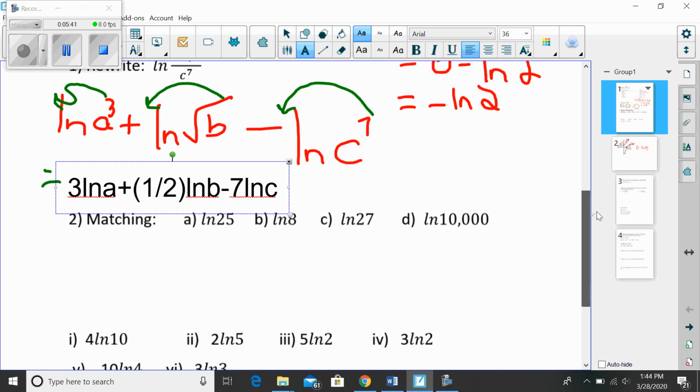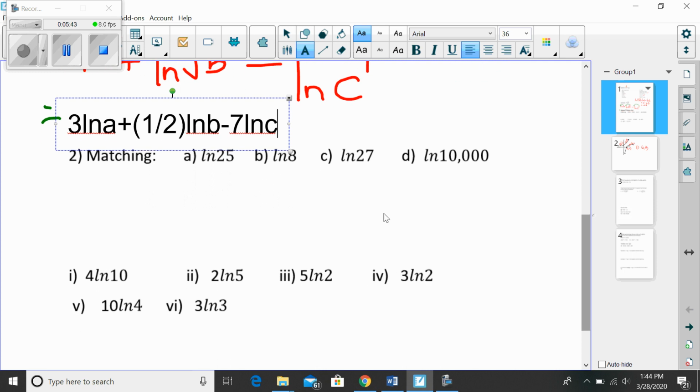All right, this exercise in number 2 asks you to match. I gave you some expressions here in A through D, and I want you to match them to the answer in 1 through 6 below. So when we were on the chapter on simplifying radicals, I had told you to memorize perfect squares and perfect cubes. So I'm hoping that you could recognize things like